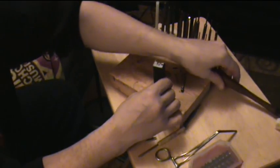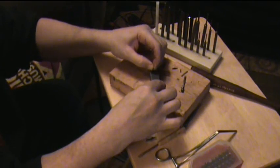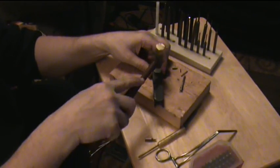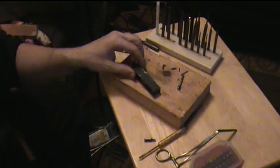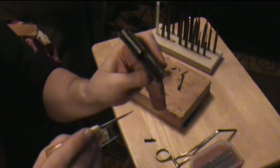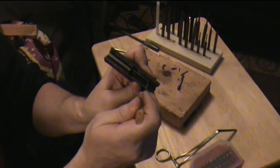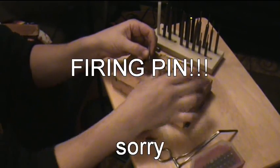Once it's flush, replace the roll pin. Just tap it until it's almost flush, and then switch to your plastic nylon punch to flush it up. Once you've got that flushed, roll it over, and you should see the recoil spring assembly fully seated into its recessed cutout. To replace the firing pin,